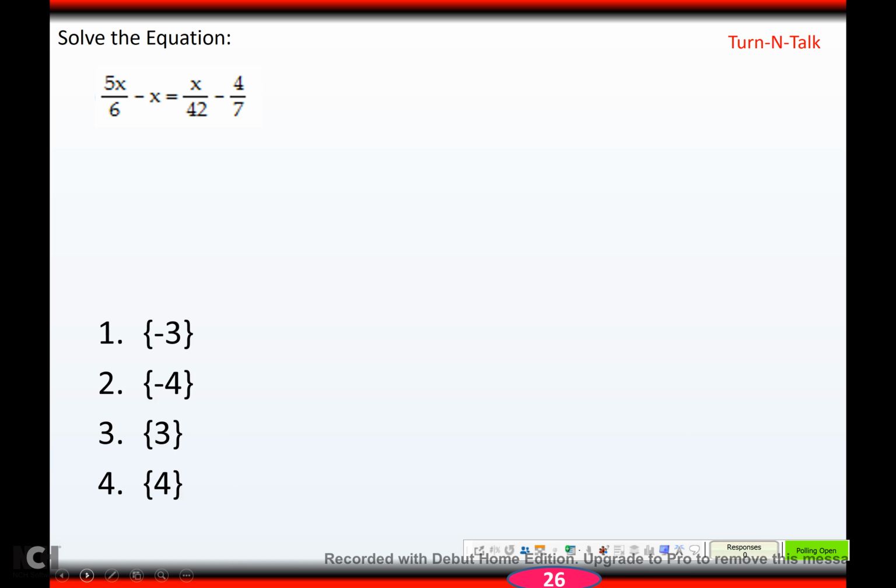And you try this one now. Hit pause, come back when you're ready. And hopefully you got 3. Alright, this one I'm going to show you how to do it with a smaller denominator. If I look at those, the smallest number all of them will go into is 42. So I don't really need a 6 and a 7, which make 42, and a 42. If I just use 42,